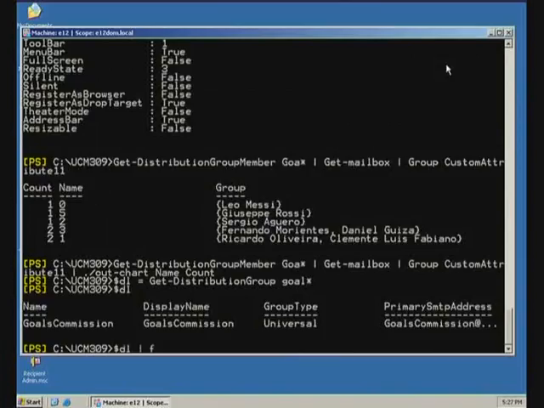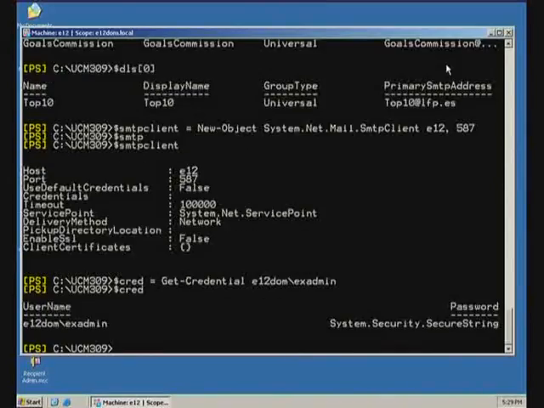So we'll say credentials is get credential. And I'm going to get credentials for the xadmin user. So I'll say it's E12 dom/xadmin, and we'll give it the password. Hopefully that is the right password. So now you see I've actually got a rich credential here as well with a username and a password from